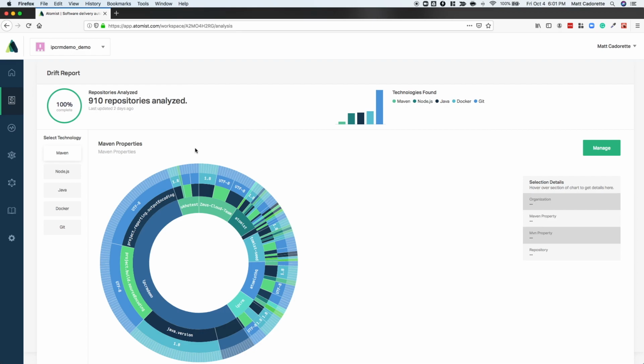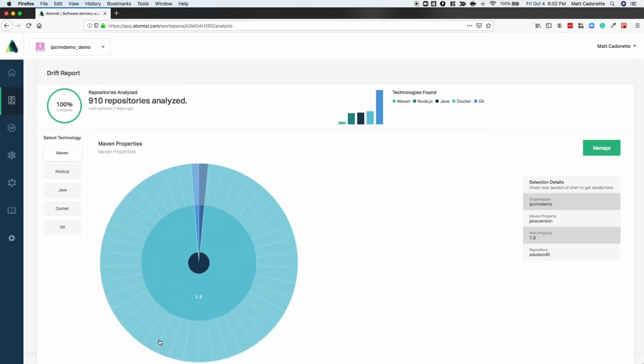And if we look at the top here, we can actually see that in my workspace, there are 910 repositories that have been analyzed, and that scan was run 2 days ago. And what we can see here is this is the original data that got collected. So within each of my projects, I can actually drill down into this data, and I can see, for example, for these different properties, what repositories are using a particular Java version. So if I look at 1.8, this will show me all of the projects that are actually using that version